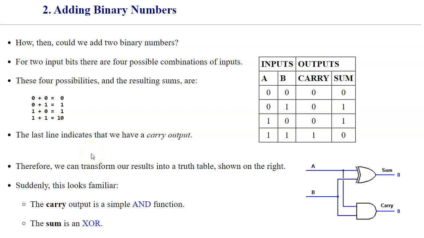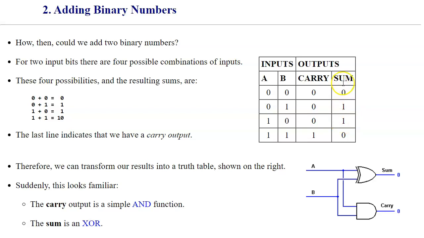Binary number addition for 1-bit size inputs can be represented by this truth table. So let's just study possible outcomes, and in general there are 4 possibilities for resulting sum and carry. You can see that 0 plus 0 equals 0, and therefore if our sum, the result of this operation, is also a 1-bit value, then it's not a problem to represent this result. Likewise, we can see that 0 plus 1 and 1 plus 0 results in 1, so we still can successfully represent results